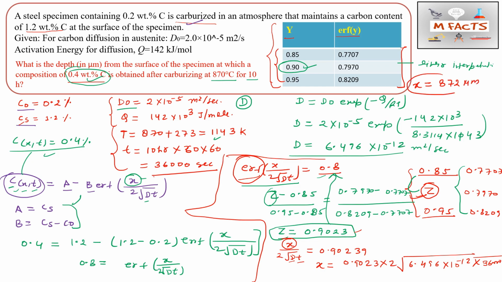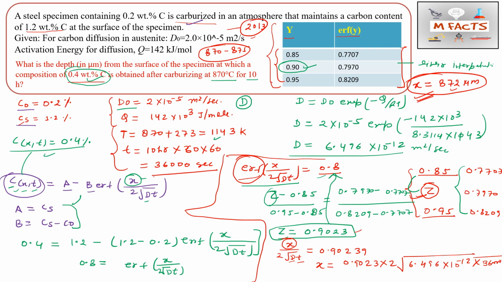Okay, so you can find this value. This is the correct answer for this question. So this is the correct way of doing this type of questions. Okay, so 872 is the answer, and for this type of questions you will get the range 872 to 875. Okay, so this question is basically from GATE 2013. You can check this question from there, and there is one more part of this question I will solve just immediately after this question.